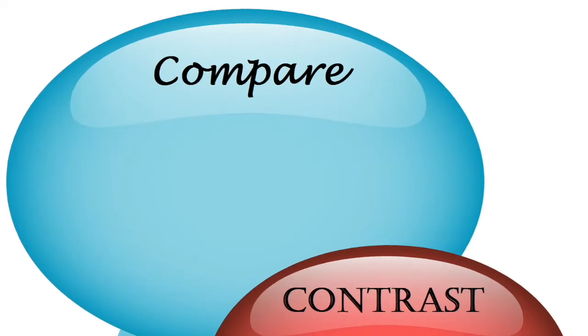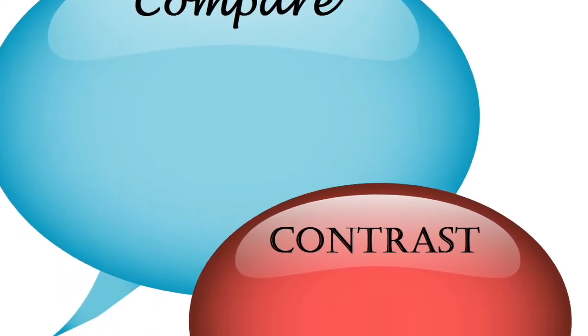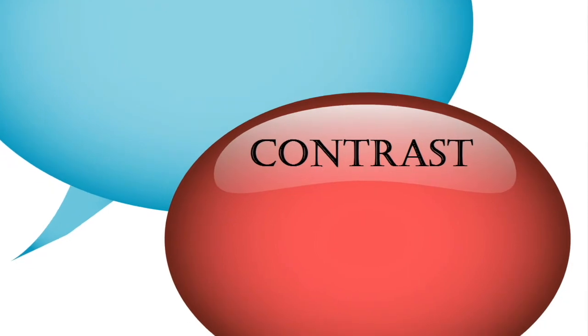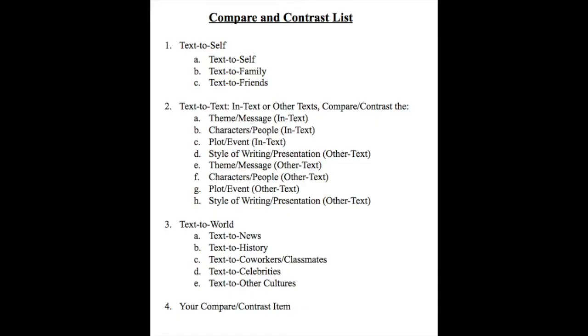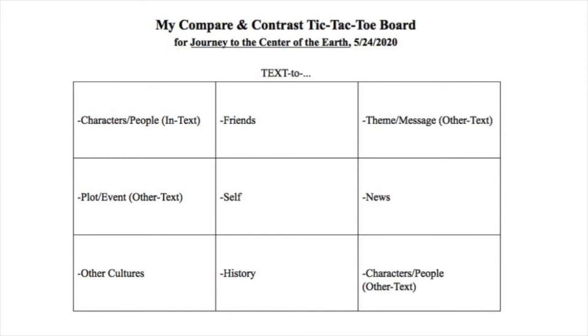Finally, there is no free space. The free space is a compare or contrast text to you create the item. So, here's a list of usable compare and contrast items for your tic-tac-toe grid. Choose 9. Pause to fill out your grid. My grid for today will be: